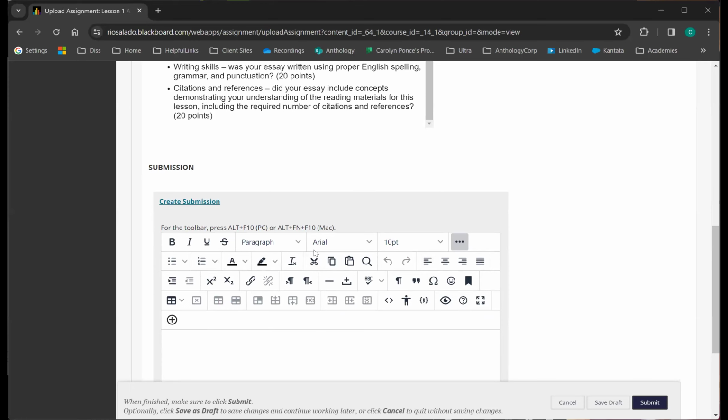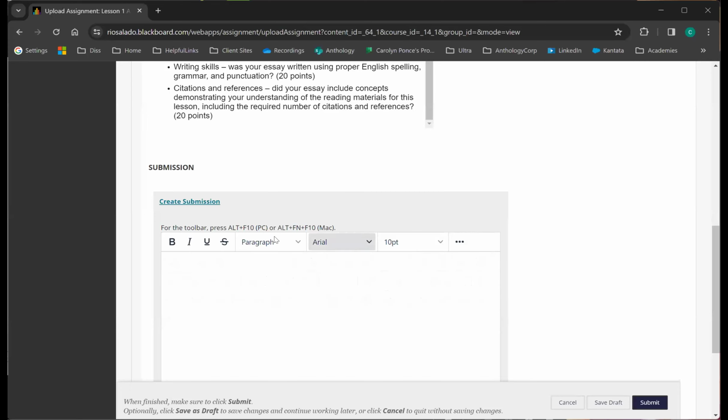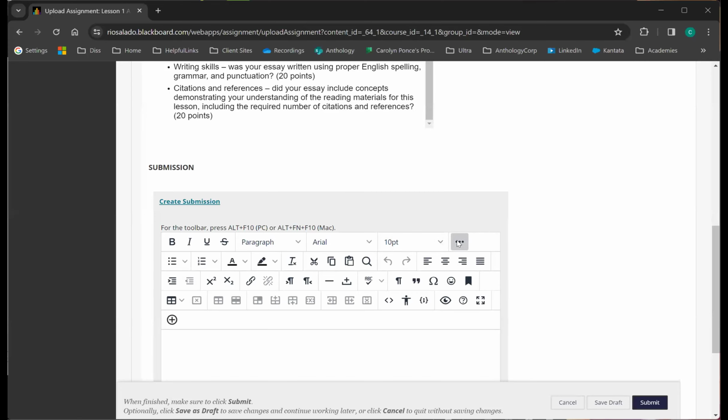They're not on Mac, so probably not Pages. I don't know what software they would have for typing a Word document, but they could create their submission right inside Blackboard if they don't have access to that. The 3-dot menu at the very end of this truncated text editor will expand that text editor. So they have access to things like bullet points, numbered lists. They can insert tables, all types of things.